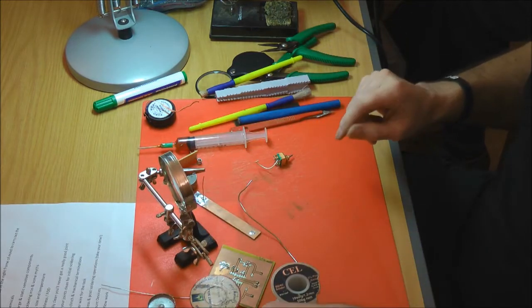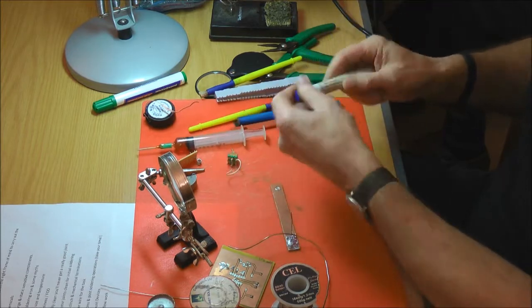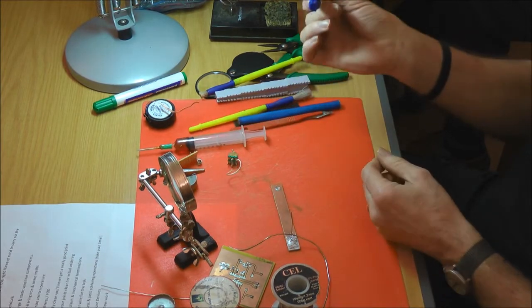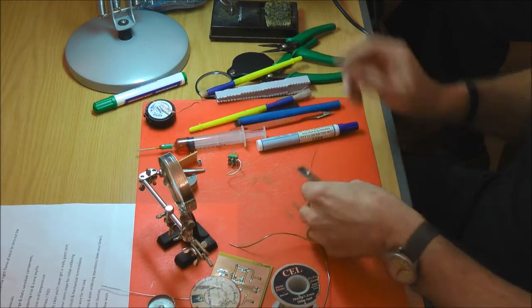The other flux, I nearly picked up a white marker earlier. It looks the same, it's in the same drawer. This is one, again, we use a similar thing at work, and I thought, well, can I give it a try? So let's see if we can find a...